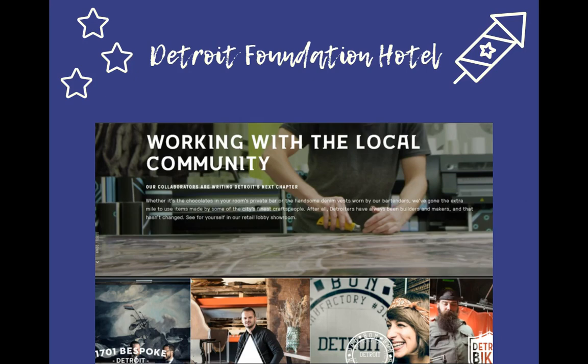Next, we have Detroit Foundation Hotel, which opened this year. Now, pretty much everything's locally sourced, from collaborations with local retail brands to the choice of minibar snacks, even the wallpaper. It's 5 years since the city of Detroit filed for bankruptcy, and there are lots of businesses here that are really doubling down on efforts to regenerate the local economy. But this is about more than that. It's also local pride and celebrating Detroit's style and skill. If you stay here, you're getting to enjoy that distinctly local experience, and you know that you're benefiting the area economically.